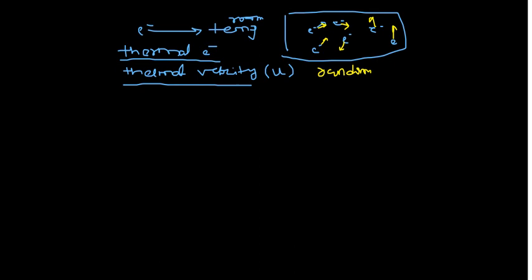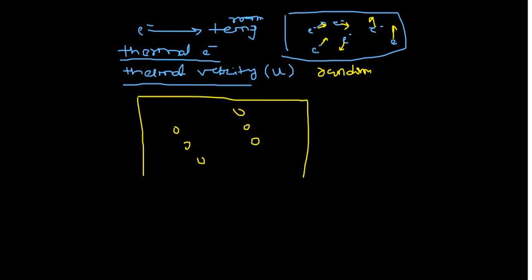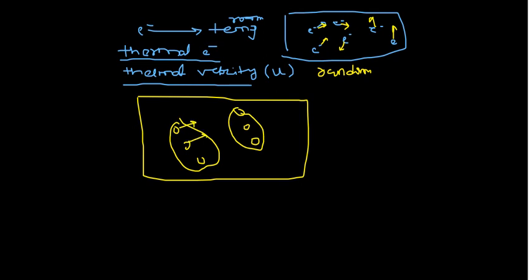If I ask you the same thing scientifically, what will happen if I take the example of, let us say, 6 electrons? What will happen if this is a conductor and they are under random motion? If these are free electrons, these electrons will come here, similarly this one also comes here, and they move towards this position. At this position, what will happen? They undergo collision. And generally we assume this collision as an elastic collision.